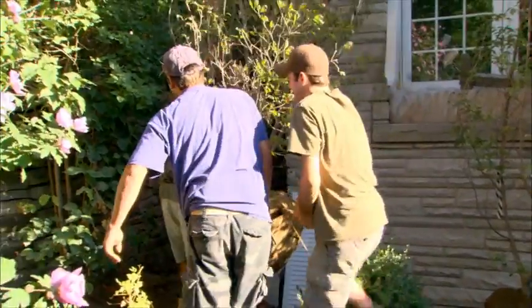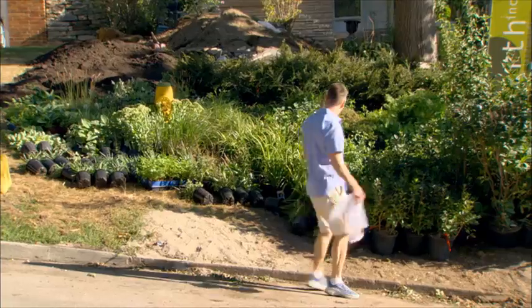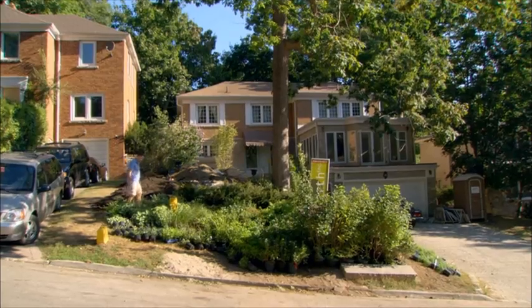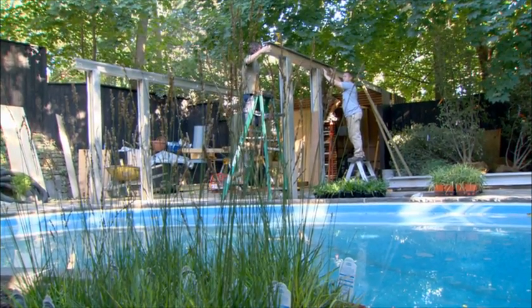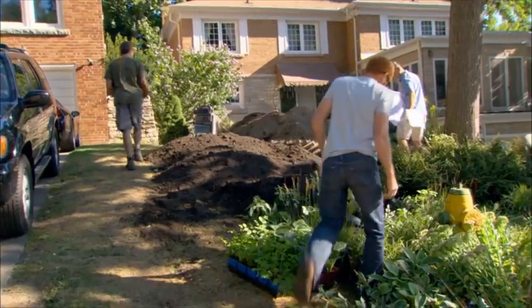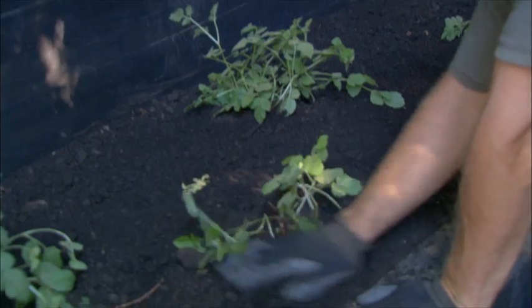Yes, sir. Today is all about softscape, plant material. It's all going in with a little manpower. It's sort of daunting when I first get here. There's just a massive amount of greenery. I changed the Champsy to Moorhex. Moorhex is an ornamental grass, and we're putting it next to the pool to give the backyard a kind of lagoon vibe. Liatris, gay feather. The Liatris is also going beside the pool in a mixed bed with Carex. We're putting 6 dogwoods in front of the fence